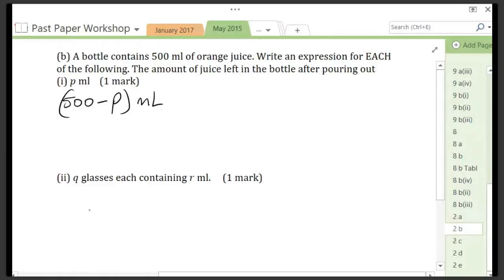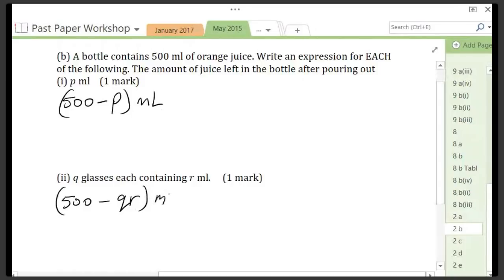Part 2 here now. Again, we want to find the amount of juice left in the bottle. And in part 2, they give you Q glasses, each containing R ml. So to find out how many milliliters in total, it will be QR. Q glasses multiplied by R milliliters. So therefore, this will be 500, which is the initial amount of juice that I had in the bottle, minus Q, which is the number of glasses, multiplied by R here,